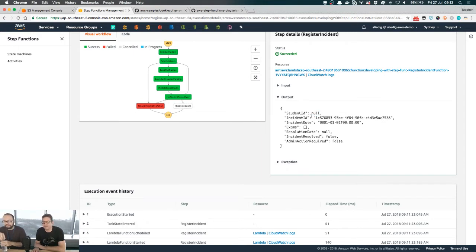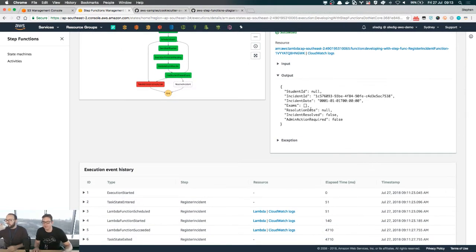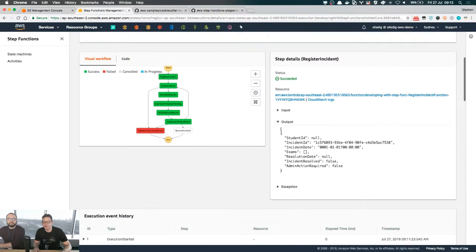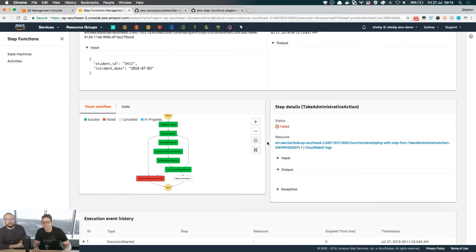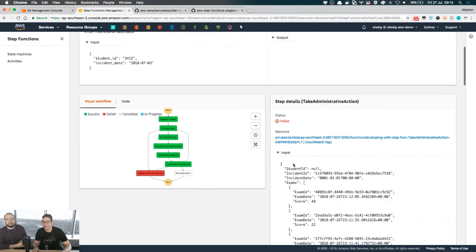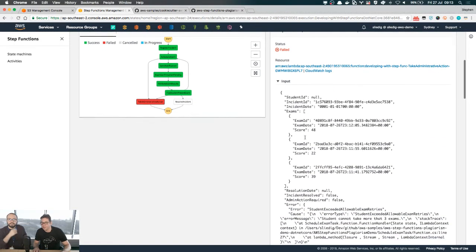Absolutely. So we've got a new incident ID. We've got the incident date. And we've got some of this other state data that we're going to persist. We've also captured it in an object. So we can go through here. You can even see errors that have occurred, and along the way you can see that we've captured some exams